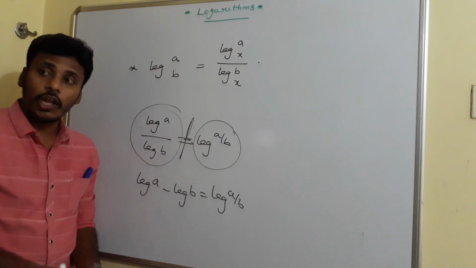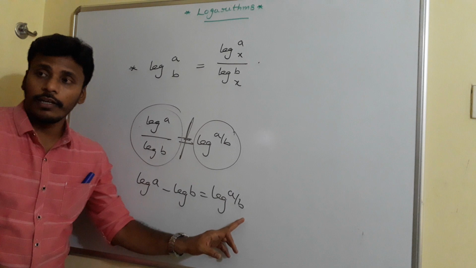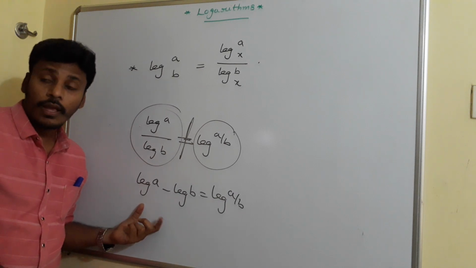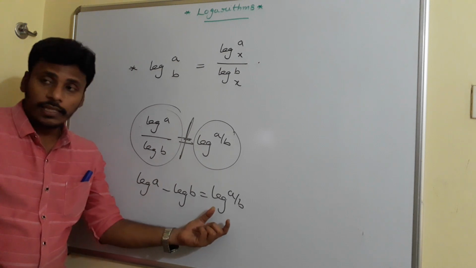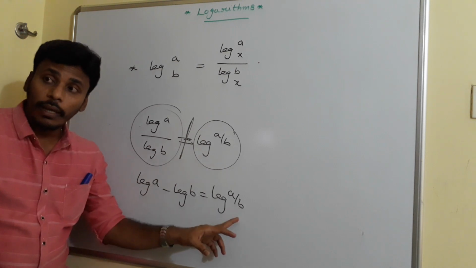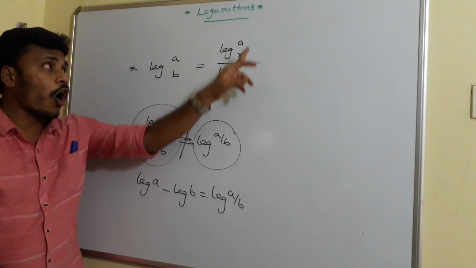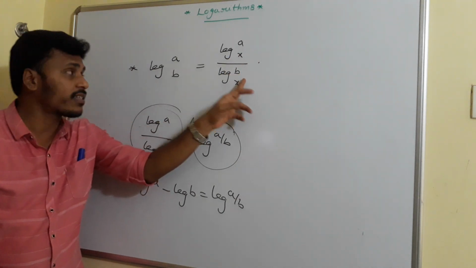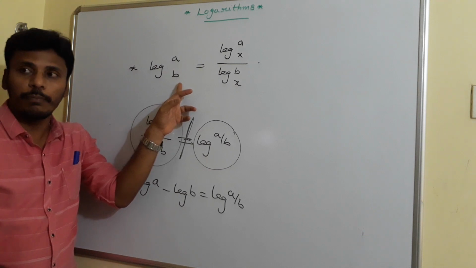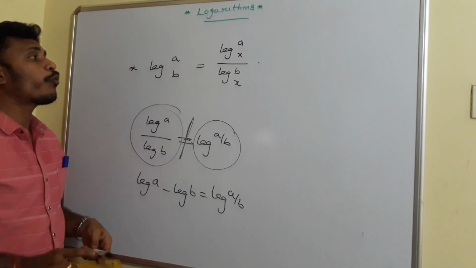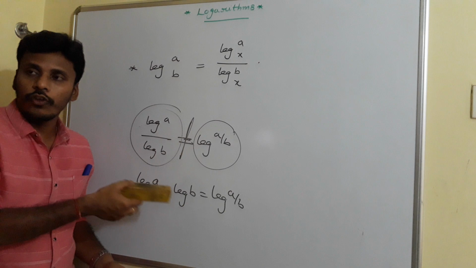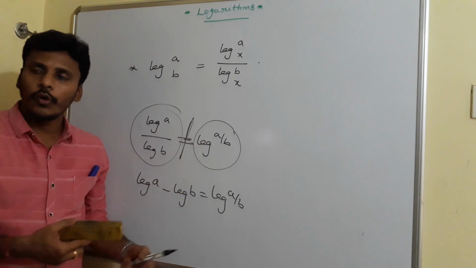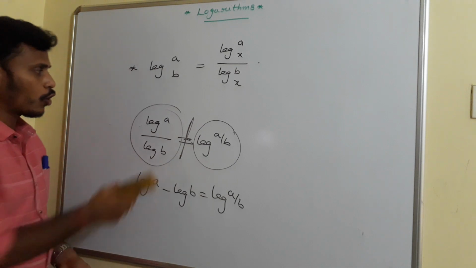In the previous law, that is logarithm of a by b, and that can be expressed as log a minus log b. But in this law, instead of logarithm of a by b, you have log a by log b, and that log a by log b can be expressed as log a to the base b. And now, to prove this law, I am going to give you the proof with the support of exponents, and after proving it, we are going to do certain problems related to that.